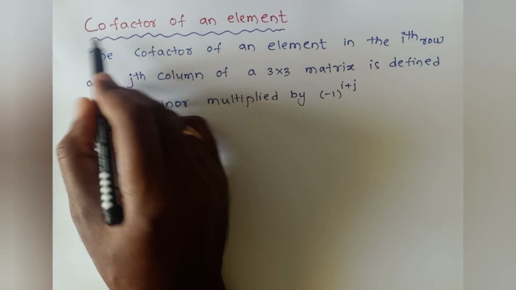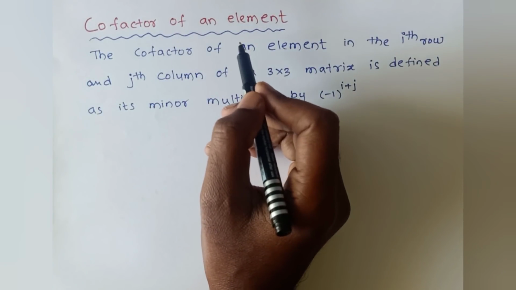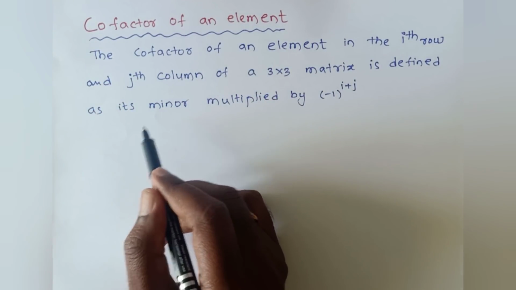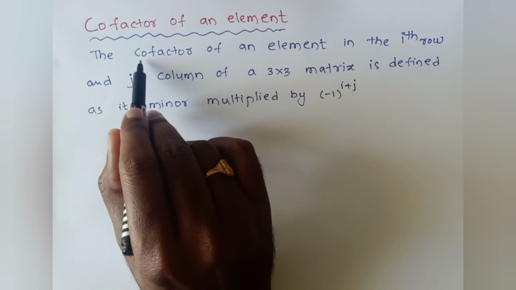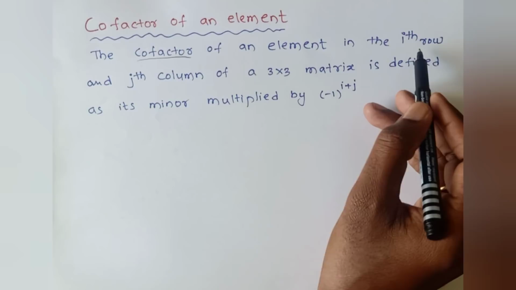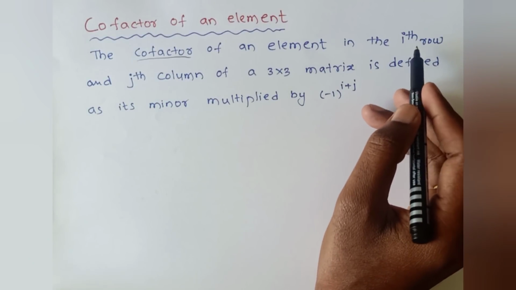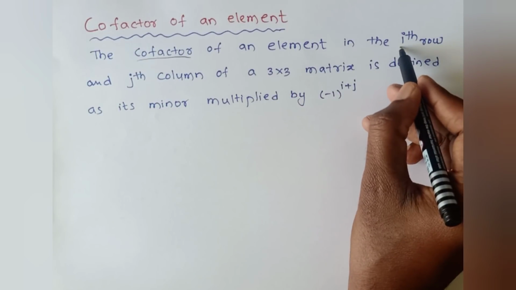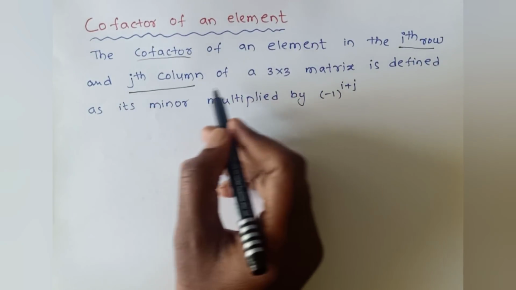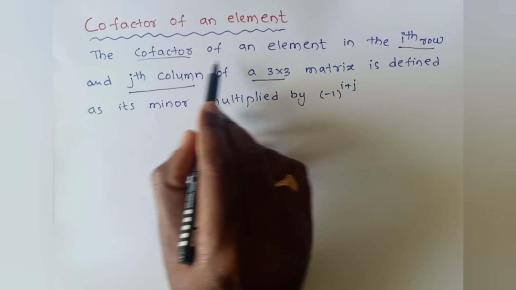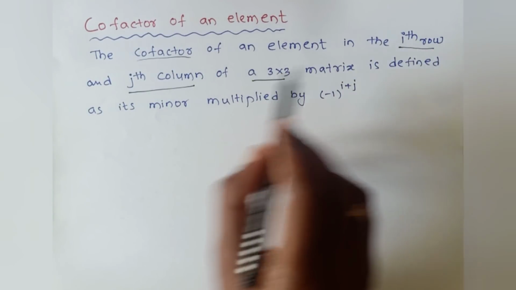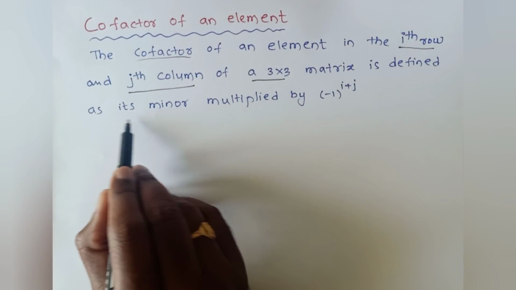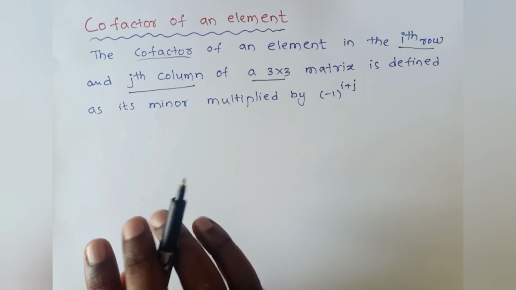So the next thing is the cofactor of an element. Similarly, we can find the cofactor of each and every element of a 3 by 3 matrix. See how to evaluate the cofactor of an element in the matrix. For example, for a 3 by 3 matrix, consider the element in the ith row and jth column. The cofactor of that element is defined as its minor multiplied by minus 1 to the power of